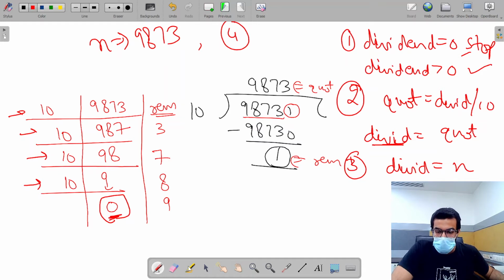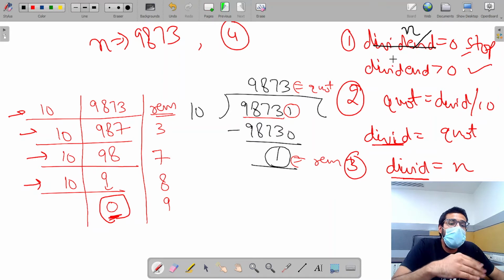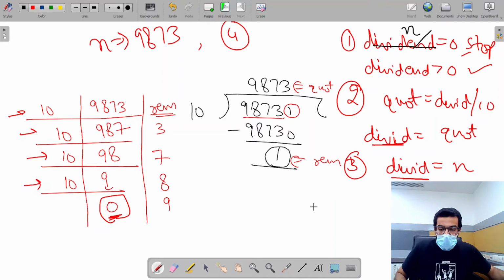Now from here, can I say one thing, that instead of taking this new variable dividend, since the number is n only, and in the dividend variable we are storing n, each time we are going to store the dividend, it will be stored in the number n. So instead of writing this dividend is equal to 0, can I write till the time number is equal to 0? Because what I am doing is I am updating the value of n at each step. Now let's see further things.